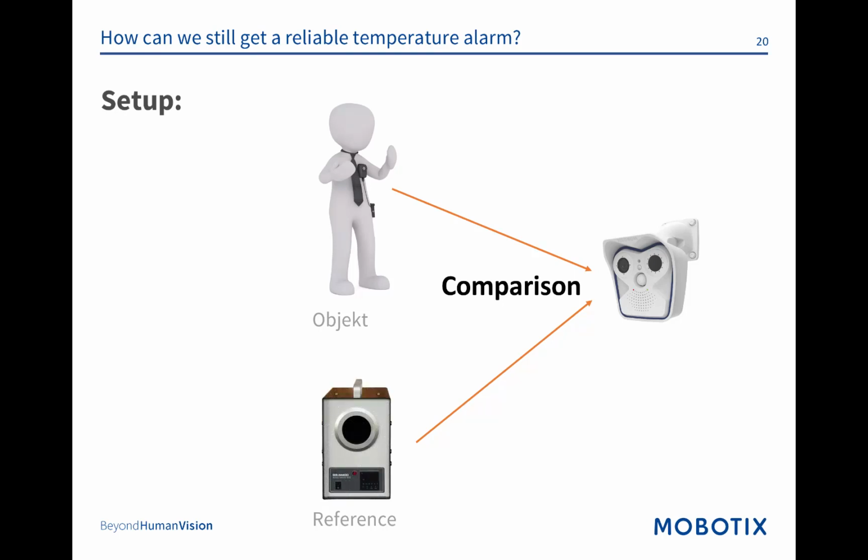And if you look again at the setup, we have our measurement device, an object, and a reference. It is very important that we have a reference that is very accurate, meaning it's calibrated, has the right value, and is constant, so that it's not changing the temperature. Most of the time you have this with black body radiators, which are constant and very well calibrated. So if you compare these